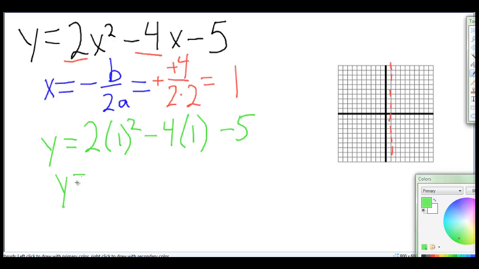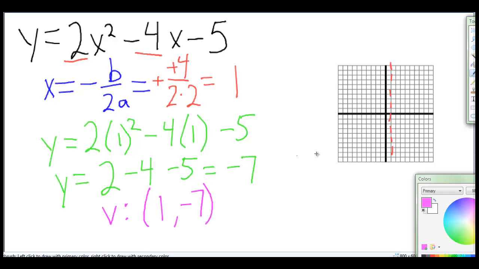So y equals 2 minus 4 minus 5 equals negative 7. So that gives us a vertex of 1, negative 7. So coming over to my graph, 1, 2, 3, 4, 5, 6, 7,